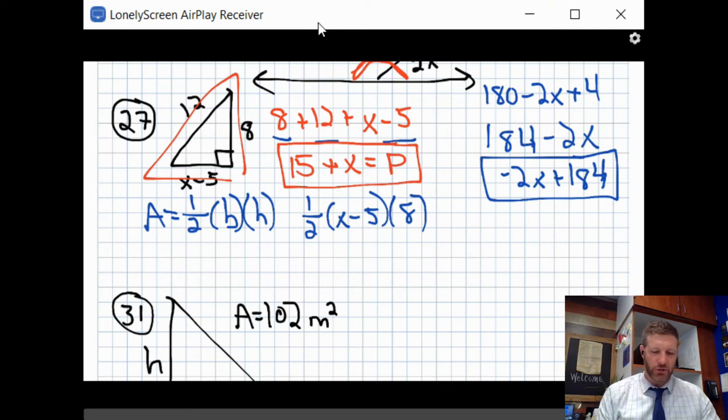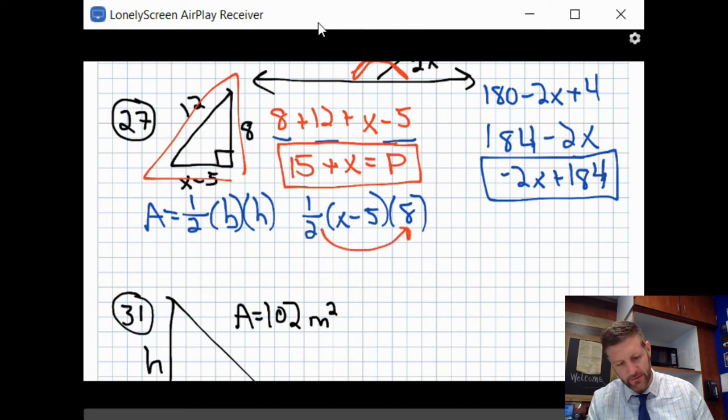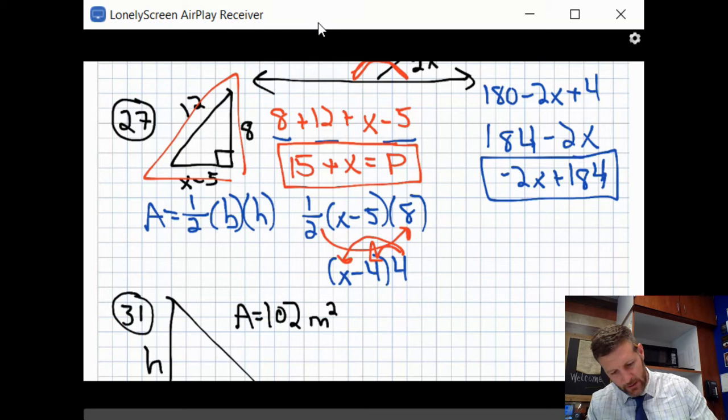Now again, I would not distribute that 1/2 fraction into the x minus 5. I would always, always, always apply that 1/2 to anything I can evenly cut in half. So in other words, I want to cut that 8 in half before I have to do anything else. Because the order that I multiply those three things, the half, the x minus 5, and the 8, doesn't matter. So first I'm going to do 1/2 times 8. Because then that nicely simplifies this simply to x minus 5 times 4. Okay, which is half of 8. Now I can more easily just distribute this 4 into my parentheses, which will be